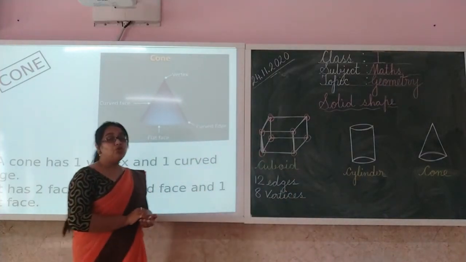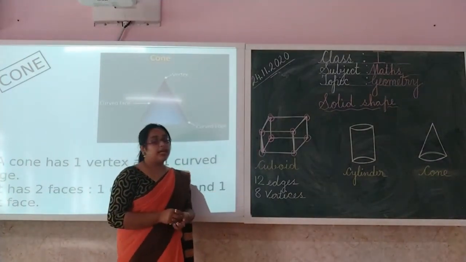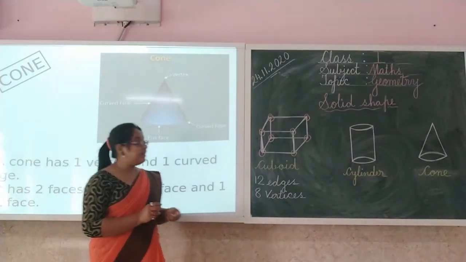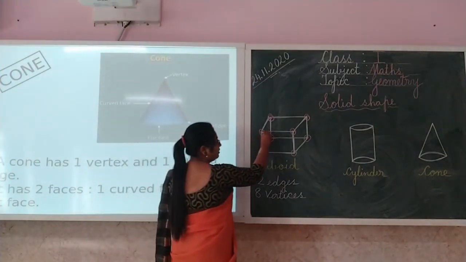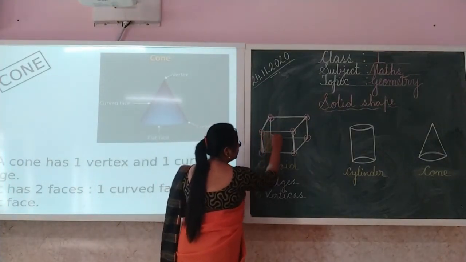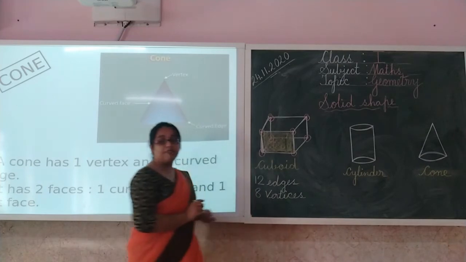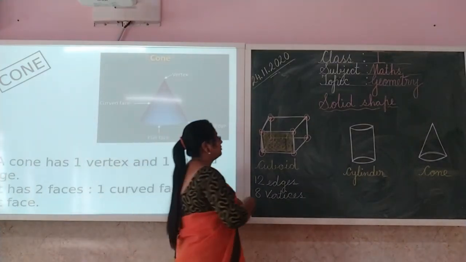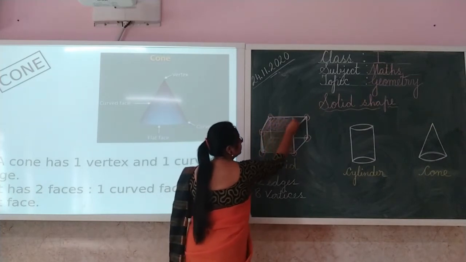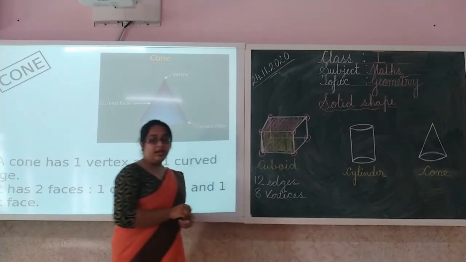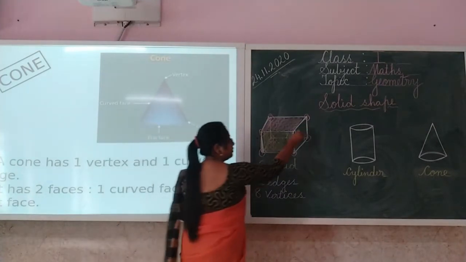Okay? Now, how many faces? 6 faces. But in this figure, we can only see 3 faces and 3 are hidden at the back. So let's see the 3 faces. See, number 1 face, this side, right? This is 1 face. Next, this is 1 face. Okay, and number 4, sorry, number